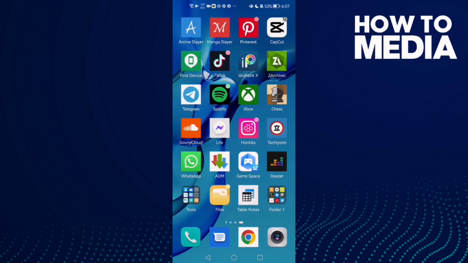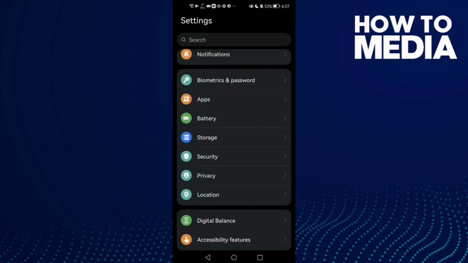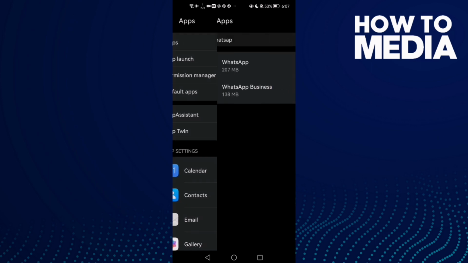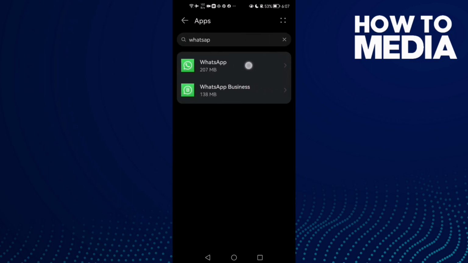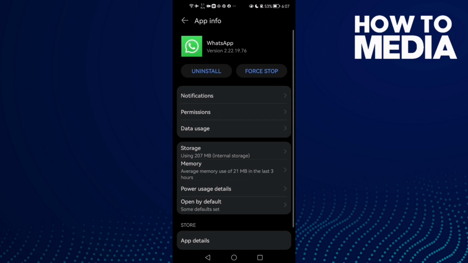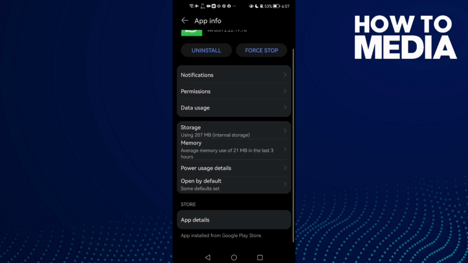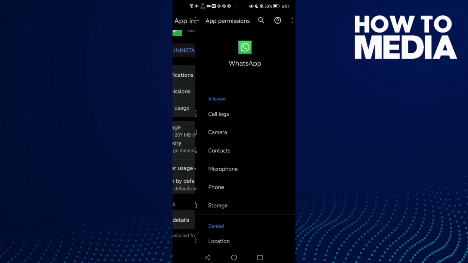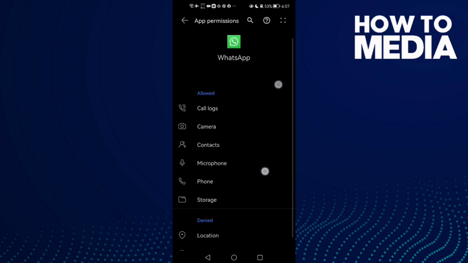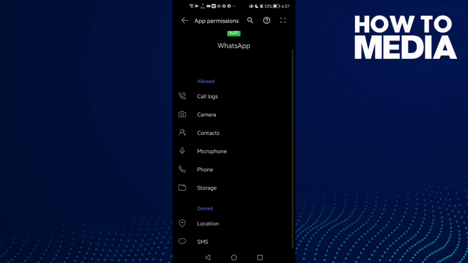First, go to settings and then apps, and now apps again, and here click WhatsApp and go to permissions. Allow all of those here: camera, click allow, and the microphone and allow, and just allow